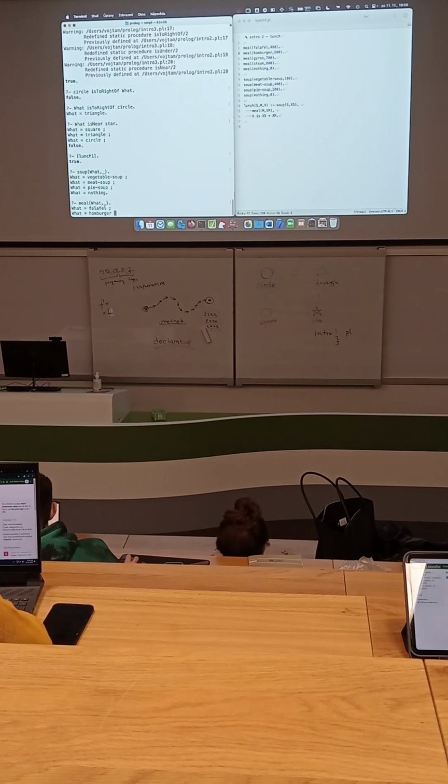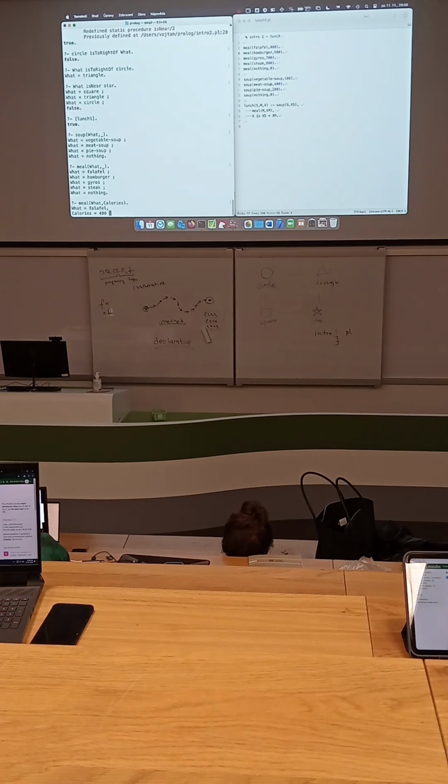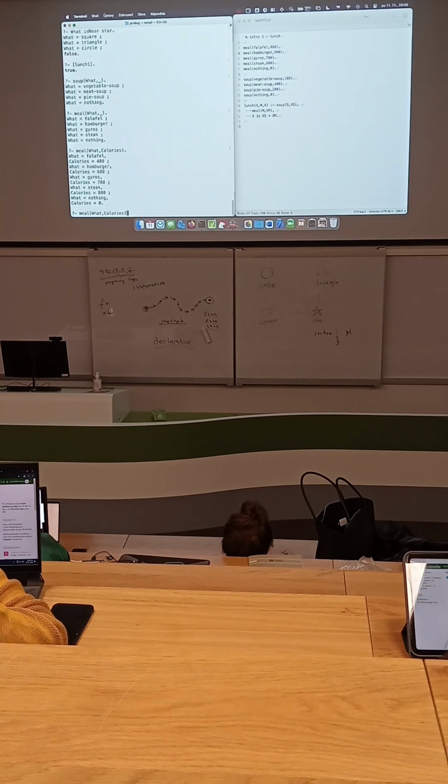Falafel, hamburger, gyros, steak, nothing. Calories. I will say some condition. Calories must be more than 500.